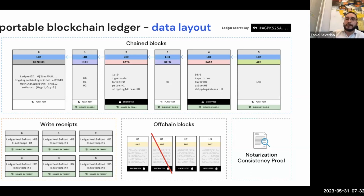Why is this so powerful? This is so powerful because you have all the information in the same database, let's say, but it's organized in a very granular way that allows you to select only the information you want to share. And why is it performant? Because here we are encrypting every piece of data with a different encryption key and putting it in a different block, but in the same system. Yes, it's very, very fast. We can write more than 250 megabytes of off-chain blocks each second,